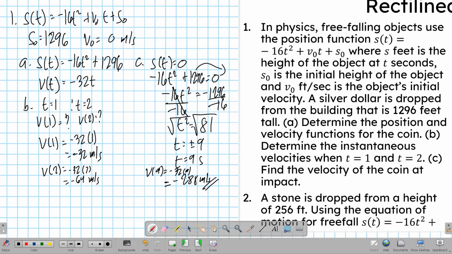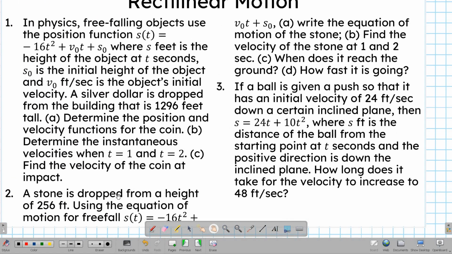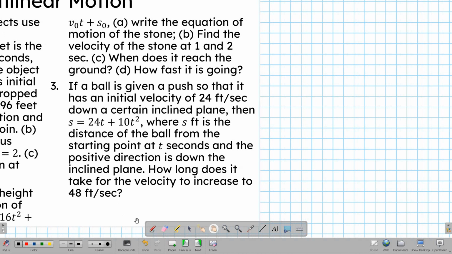Now let's go to number 2. A stone is dropped from a height of 256 feet. Use the equation of motion for free fall, which is actually what we had in number 1, to write the equation of motion of the stone, find the velocity of the stone at 1 and 2 seconds, and when does it reach the ground and how fast it is going when it reaches the ground. So, since it's dropped again for number 2,